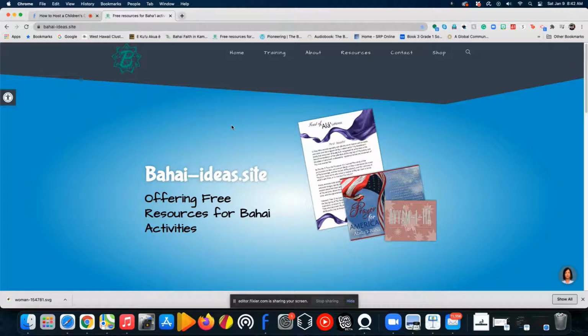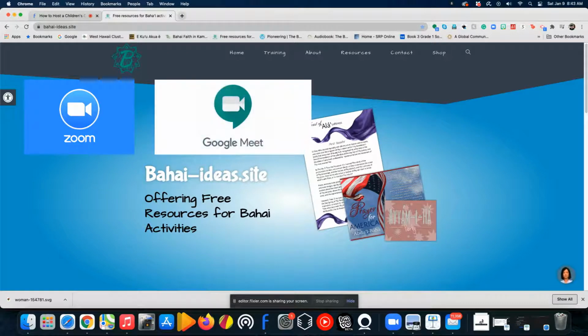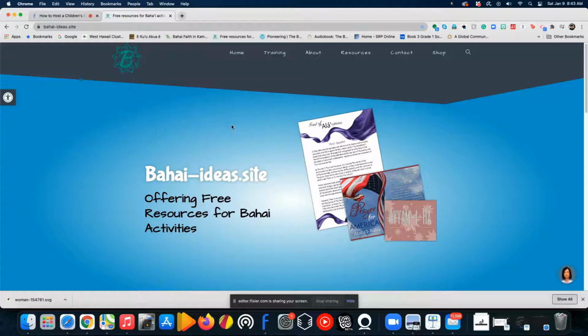You're going to need either Zoom or Google Meet, something like that. And then the other thing that we suggest is a Google Slide, and we've created those for you. So that's what we're going to show you today: how to use our Google Slide on Zoom to host